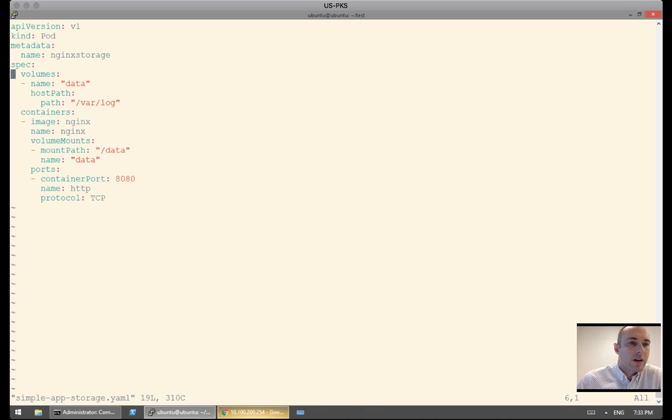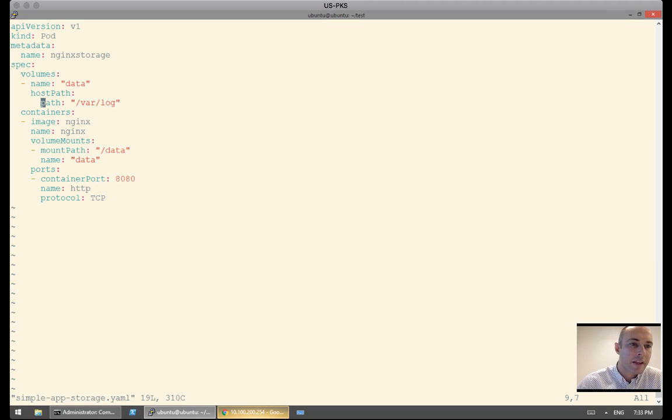We're creating a volume, and we're giving it a name. The other interesting thing is that the volume is using a host path, meaning a location on the Kubernetes worker, in this case var log. Our Kubernetes workers are of course Linux, and they have a folder structure where the log files are kept. So this means that we're going to create this volume, and it's going to have access to the local logs